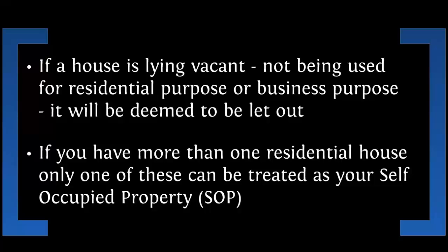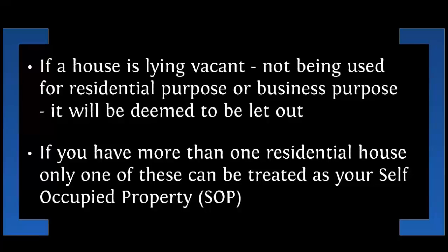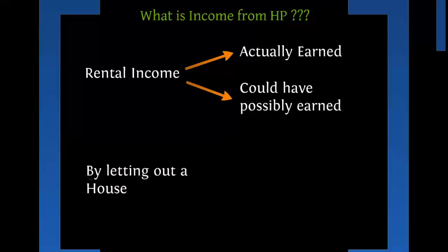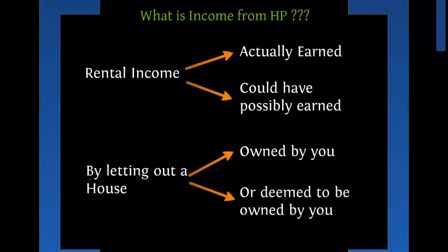Right? So either I have a house which is lying vacant or I have multiple houses. Then I would be considered as somebody who has a property which is deemed to be let out or could have possibly been rented out. So here we are in the situation, rental income which is actually earned or could have possibly been earned by letting out properties which you did not let out. So by letting out a house